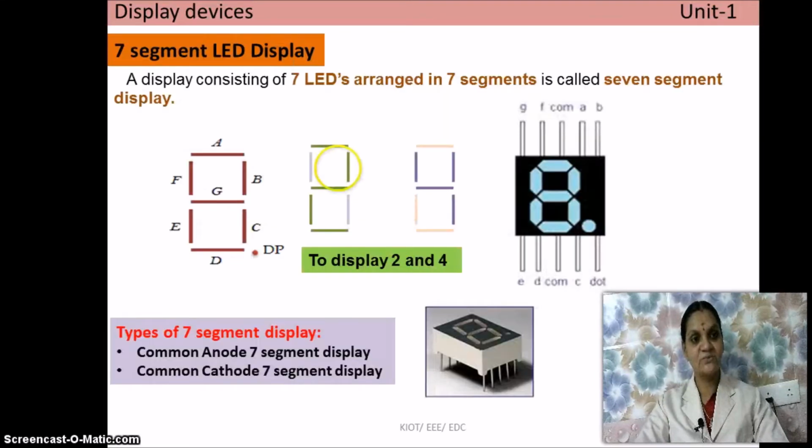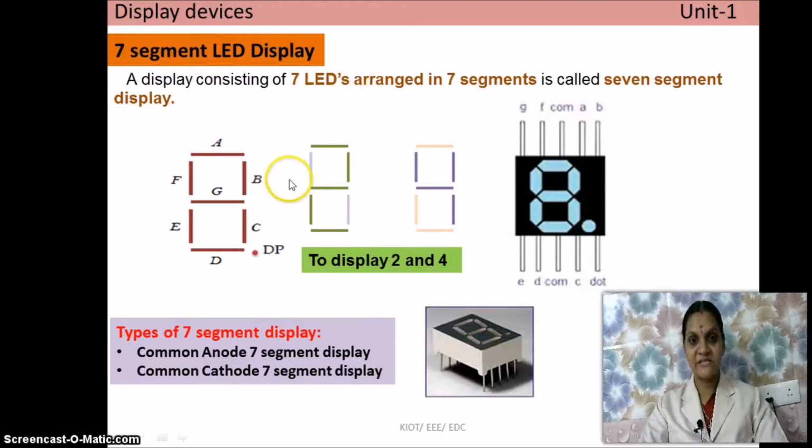And the next one is, we will see an application of LED, that is the 7 segment LED display. So far we have discussed a single LED. If single LEDs are arranged in the form of 8 segments that resemble the alphabet 8, this LED we call a 7 segment LED. This is because it has 7 segments. Segment is nothing but part of something. Here we are constructing an LED display. In that each LED is forming a part, so totally it has 7 segments. That's why it is called a 7 segment LED display.